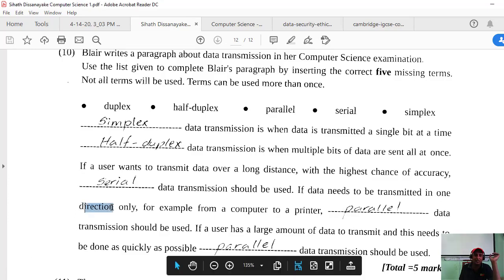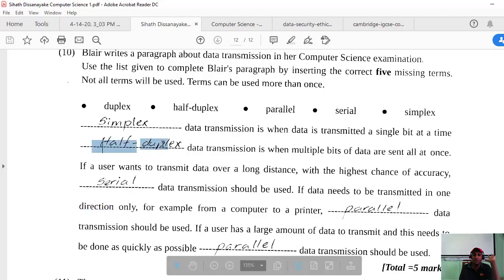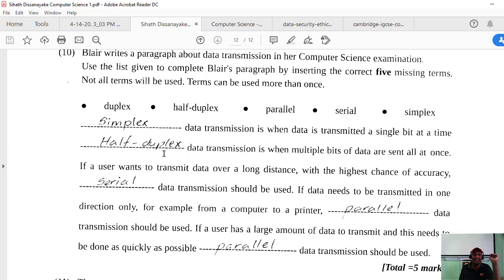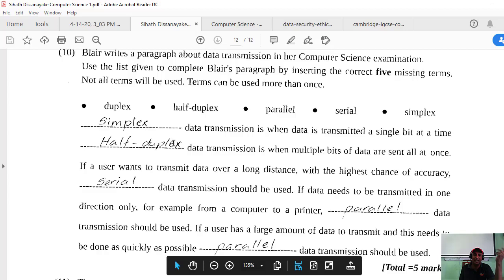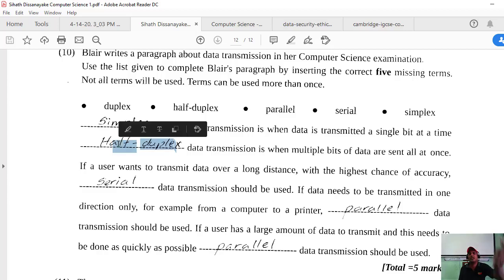That's the key thing. Half duplex is not when multiple bits are sent at once, so that is wrong. Half duplex means it sends data in only one direction at a time. That's the definition.